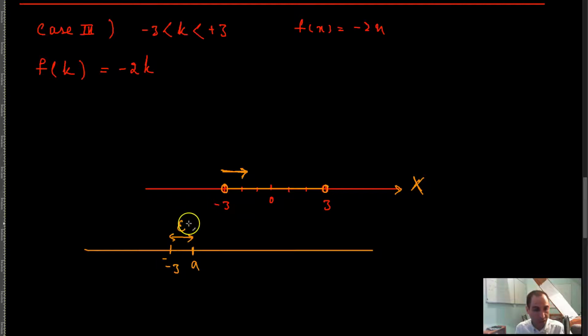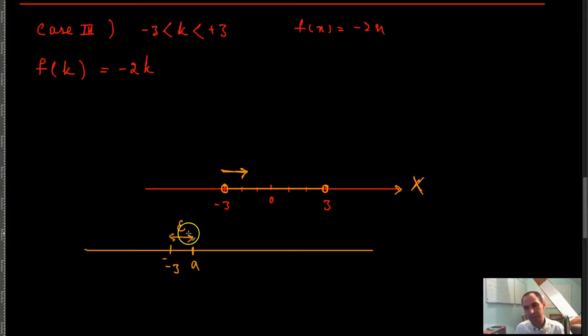You can imagine that this epsilon is a very tiny distance, the tiniest distance that you can imagine. Now, however tiny this distance might be,